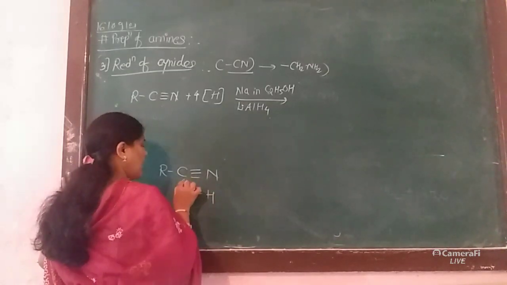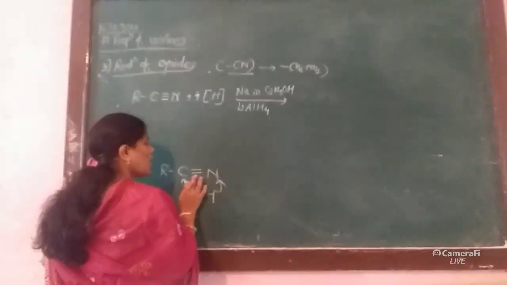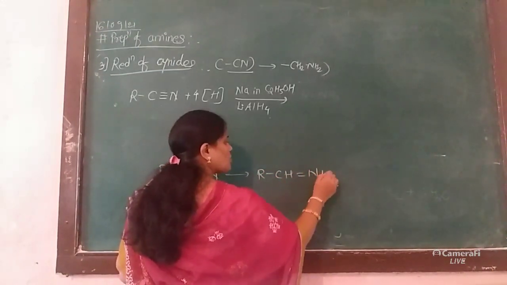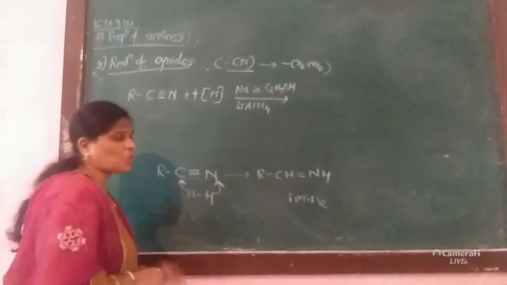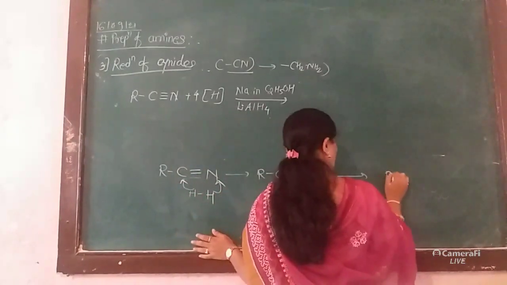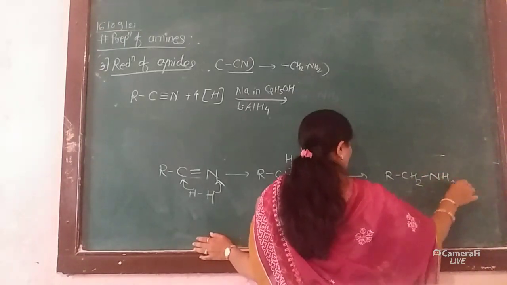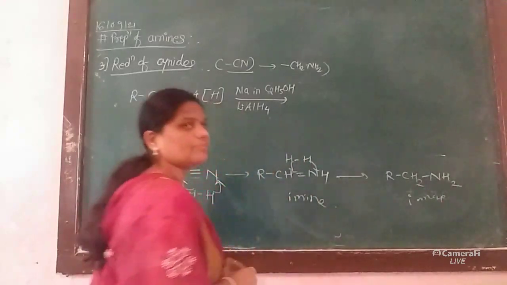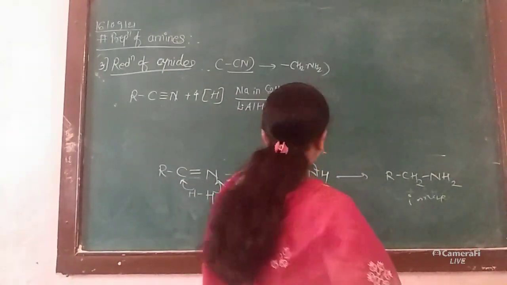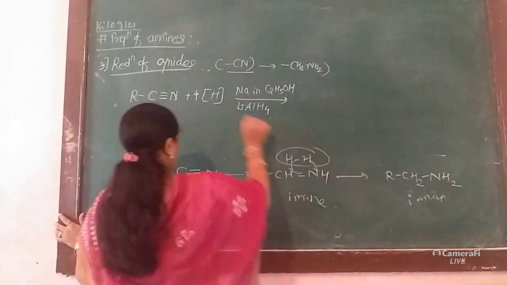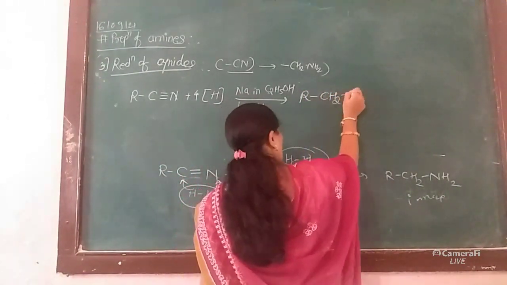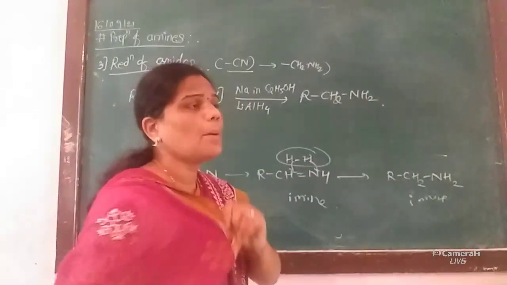First, if nascent hydrogen is added, one hydrogen to the carbon and one hydrogen to the nitrogen, the triple bond is converted into a double bond, forming R-CH=NH, and that functional group is called the imine. Then when two more hydrogens are added, the double bond is converted into a single bond, giving RCH2 and NH2. So the imine is converted into the amine. That means for the cyanide, first the triple bond is converted into a double bond, and the double bond is converted into a single bond. Addition of 2 and 2 is 4 hydrogens. So when 4 hydrogens are produced, it reduces the alkyl cyanide group and forms RCH2 and NH2. So again there is a formation of primary amine.